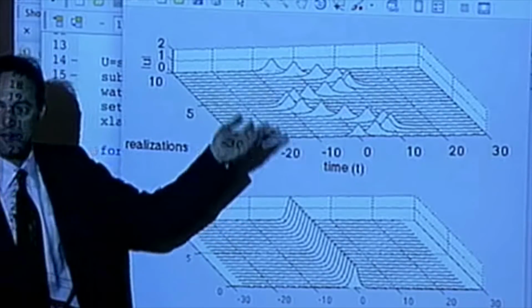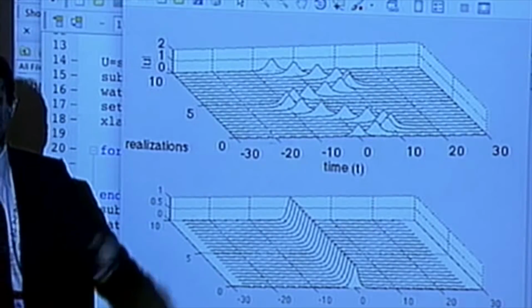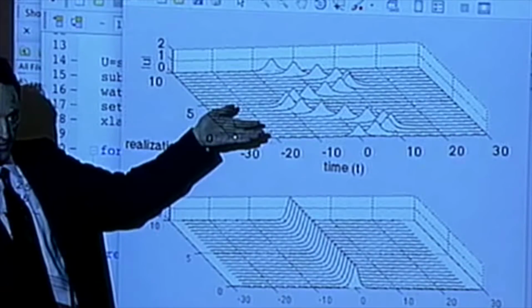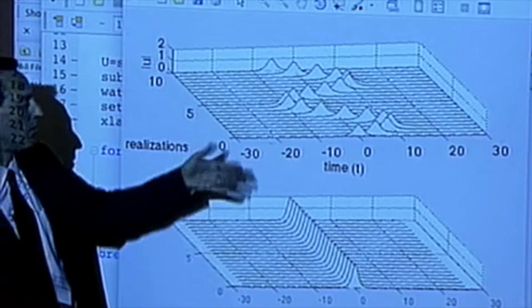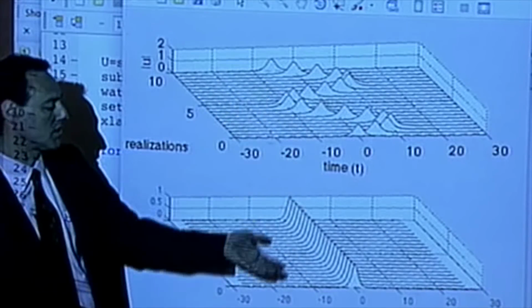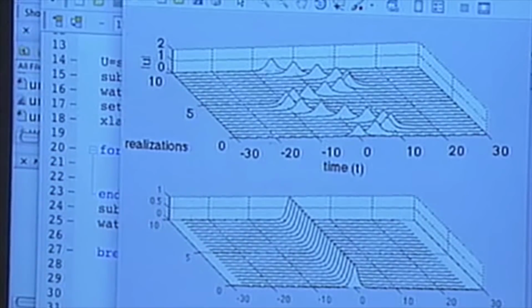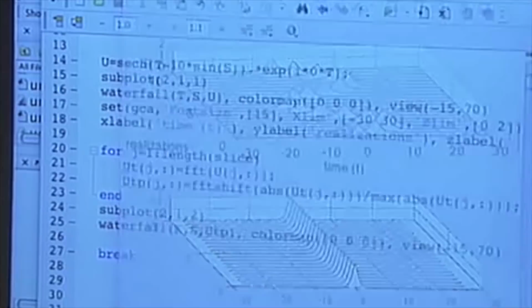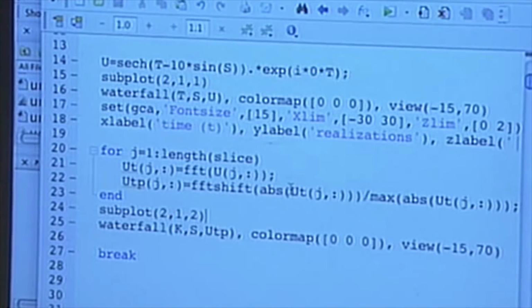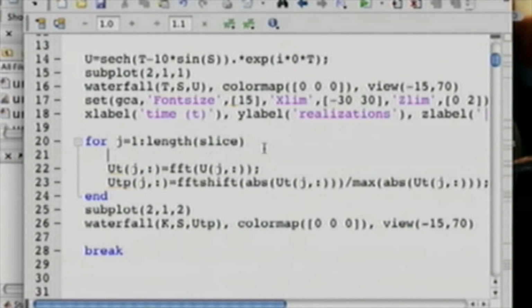So let's go through the same process. Let's do some realizations. As I run the realizations for this time behavior and this corresponding frequency, and I put all this noise on it, we can just ask, if I average over this and I average over that, what happens? That's what we want to do. So let's throw some noise on this thing. All right, so right away what we can do is just define what we call UN,